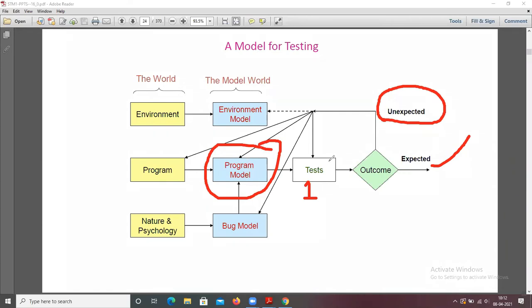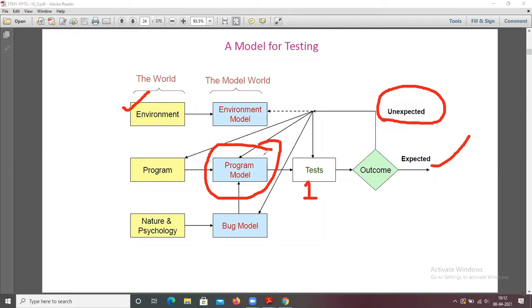Similarly, I hope you all write programs in your lab. First you write the program. After that you execute the program and you get some output. If you are not getting the expected output, then you can modify the program. If you find a bug, then you fix the bug. That's the same model we are going to follow. So this is the environment. The environment is where you are going to execute this program; the environment in which you are executing this program is called the environment model.